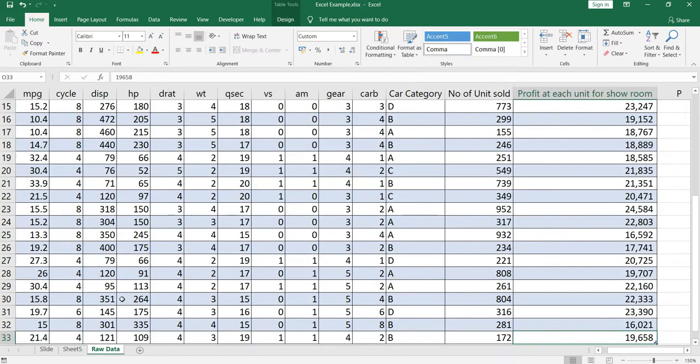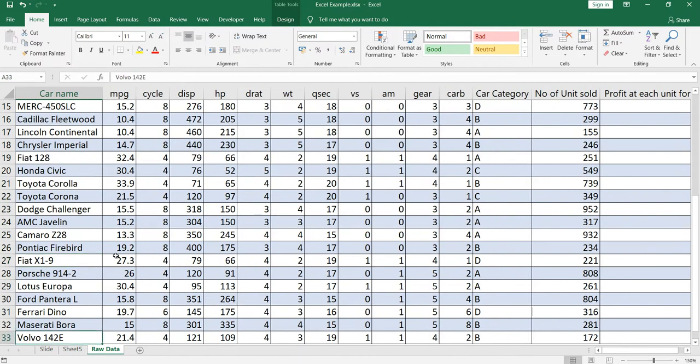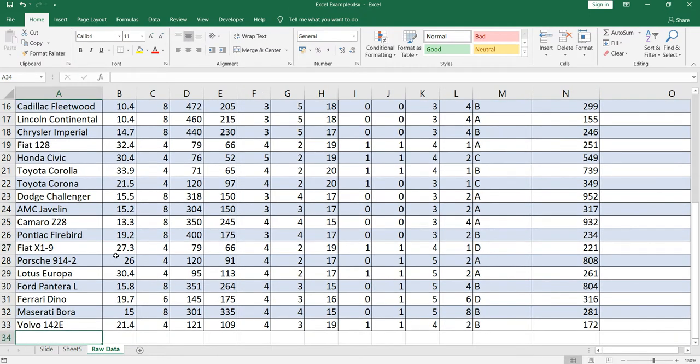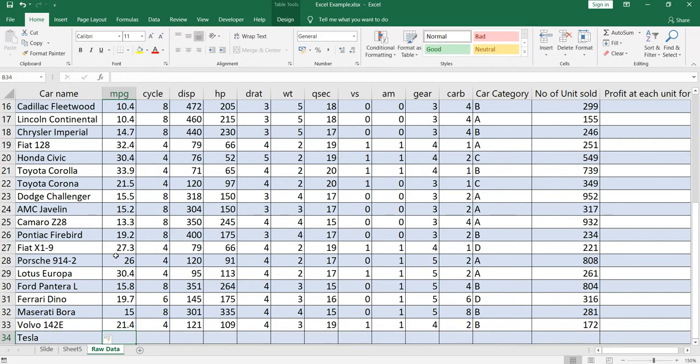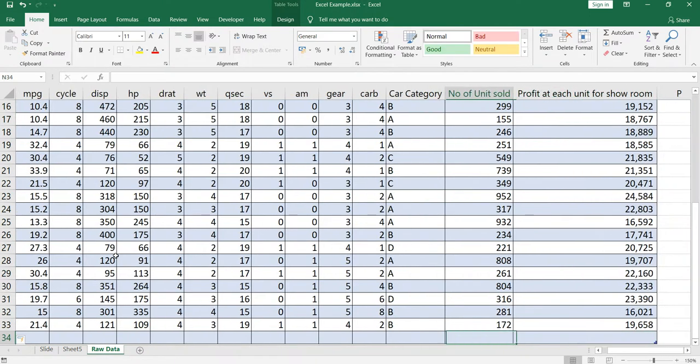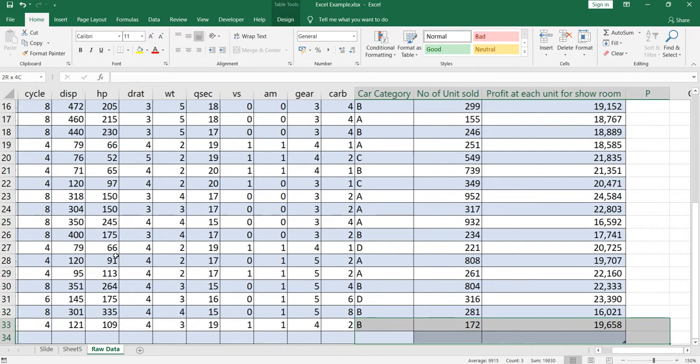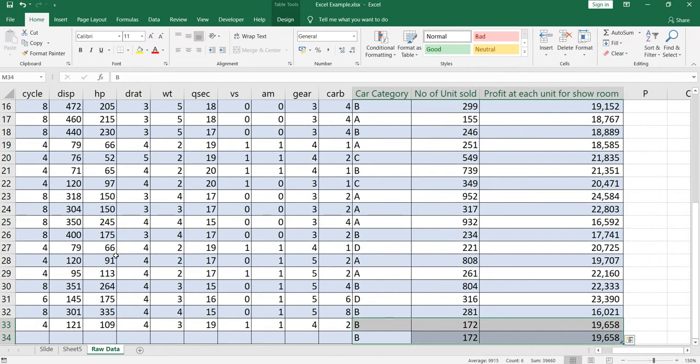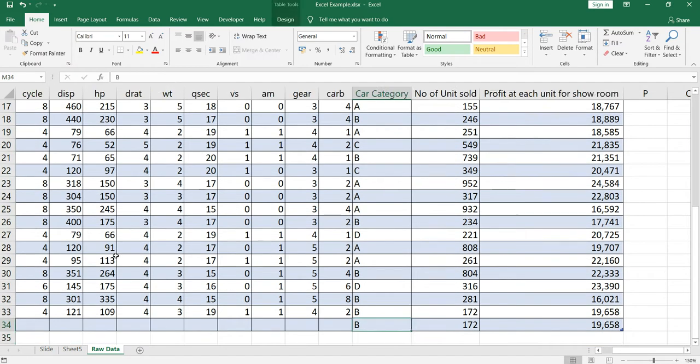Now I'll insert a new record here, which is known as Tesla. I'll keep everything blank, but for the last three columns I'll drag it down, and for this car I'll introduce a new car category, which is E for electronics.